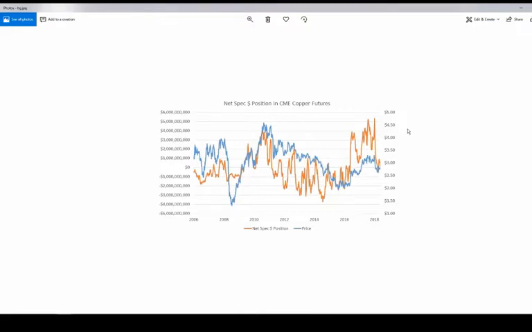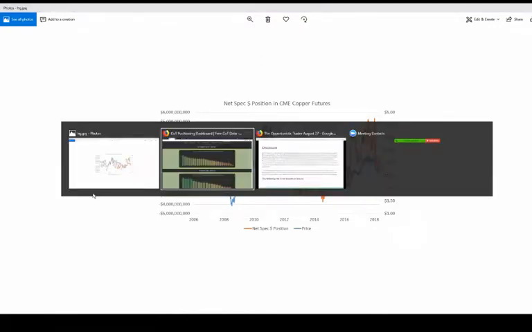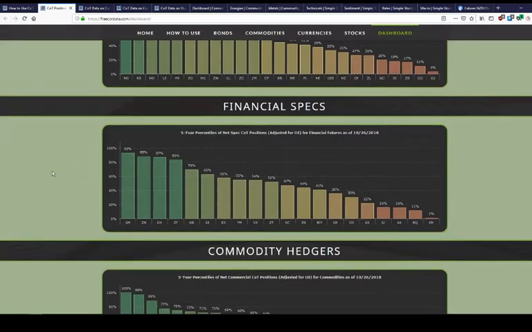And as that fell apart, spec positioning in copper futures fell apart. We're definitely low relative to the past 2 years, but relative to the past 5-10 years, sort of the middle of the range. So I wouldn't read too much into that. But going back to the website, I think the main story with positioning right now is probably FX positioning,